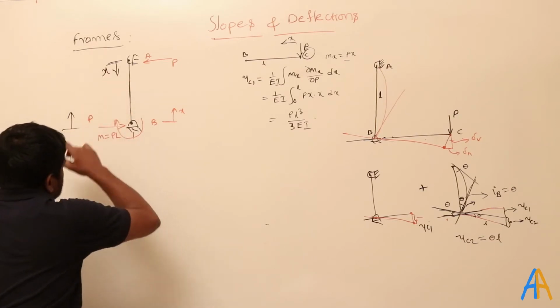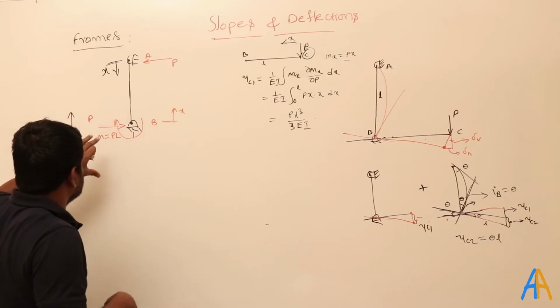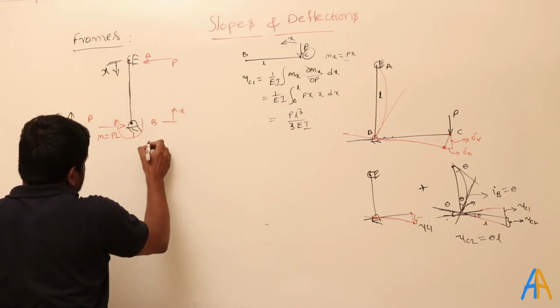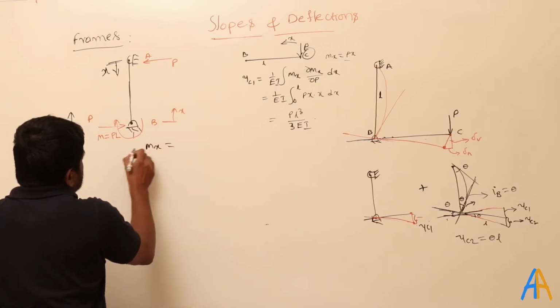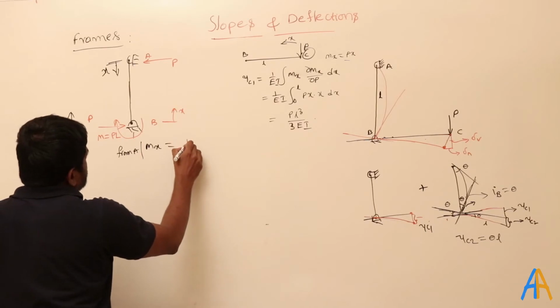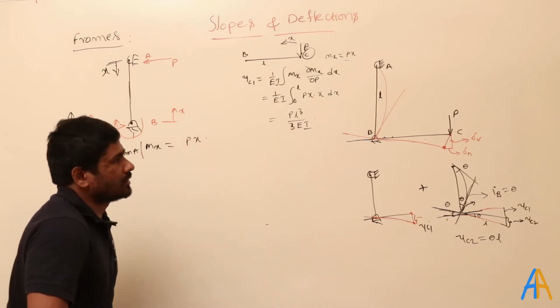If I take x from this, then there are two variables I need to take, two values, m as well as p into x. But if I take from here, it is simple. So here mx from the a is how much? It is only p into x, that's it. Okay, you don't worry about a minus or plus.